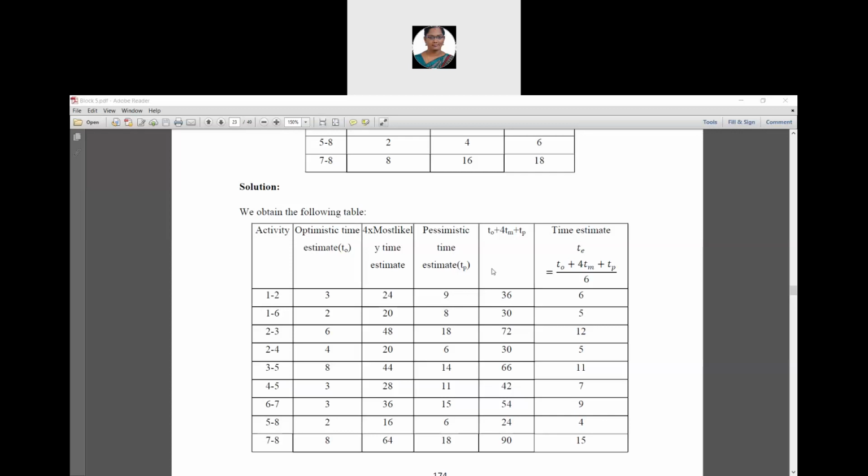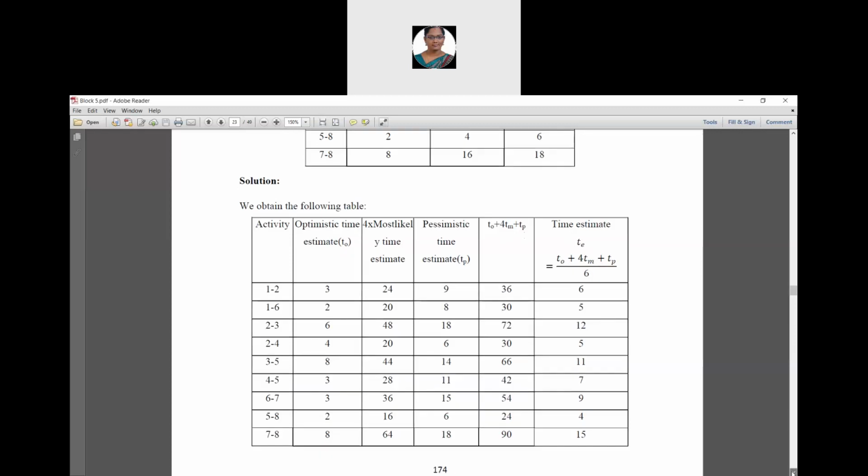Then the next column denotes the addition of these three time estimate values, that is t naught plus 4 times tm plus tp, and in the last column you are going to calculate the time estimate, that is te, by using this formula, that is t naught plus 4 tm plus tp